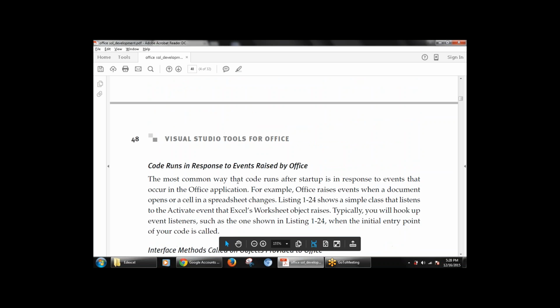The next topic is how the code runs after startup, that is, how the code runs. This I am going to take in the next class because there is no student available in the